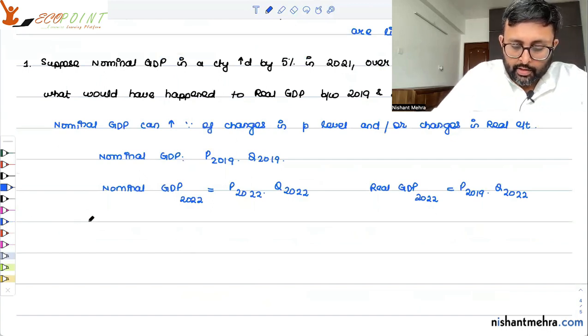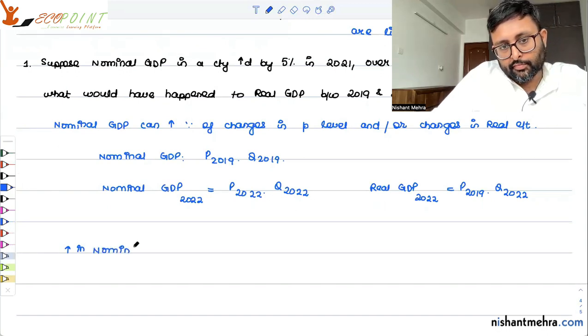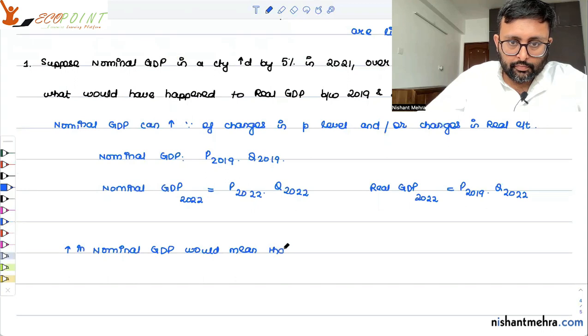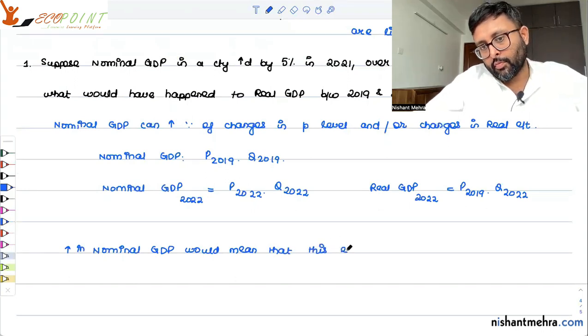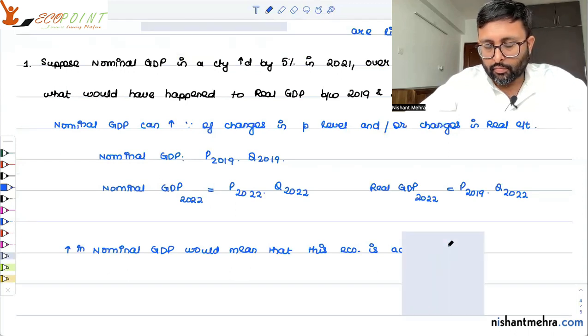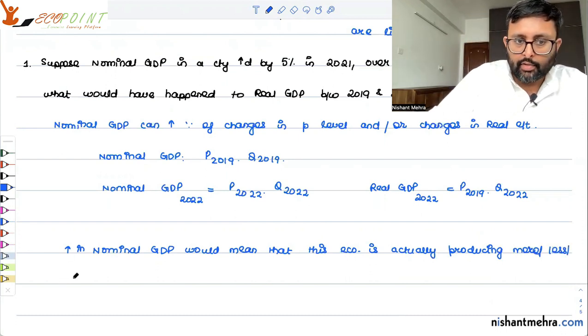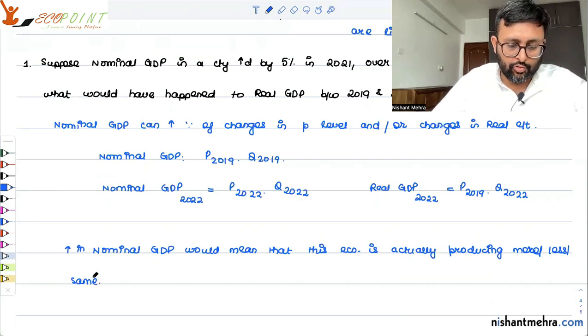So increase in nominal GDP would mean that this economy is actually producing more, less or same। हम नहीं कह सकते, हमारे को नहीं पता कि रियल जीडीपी हैज इंक्रीज्ड और नॉट, वी डोंट नो।